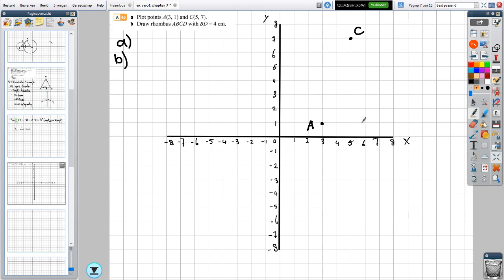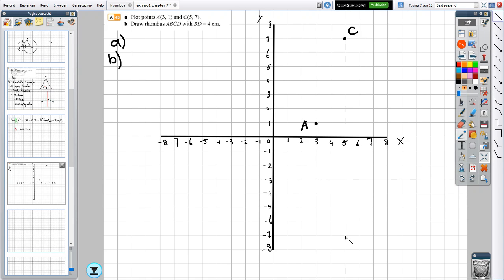And I already know that B will be somewhere over here to the right of AC. And D should be somewhere here, because counterclockwise I will get A, B, C, D. And then it gets back to A, right? They give me the distance from B to D. That's quite strange, right? Because if I would make a sketch, I would think that if it is a rhombus,